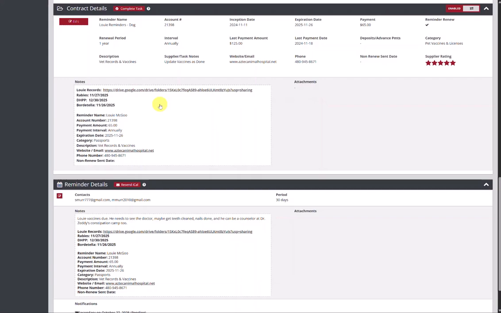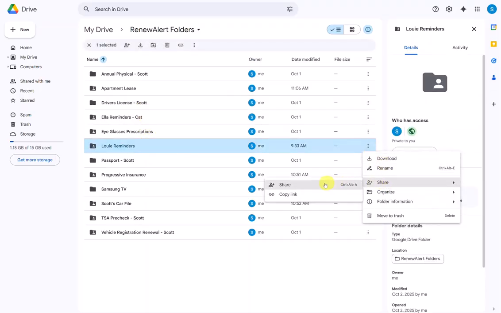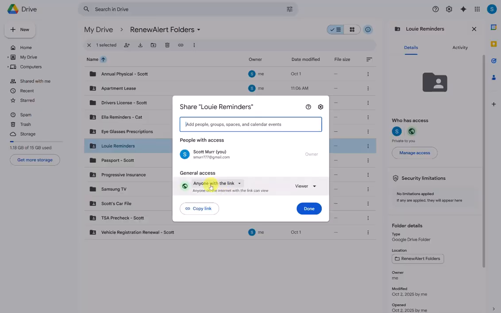One trick that's important is whenever you copy and paste in the drive, I'll show you how you can do that. So I go to Louie's reminders right here. You just click the little three dots. You can click share, and then you can select your permissions. I have this one just as anyone with a link right now. There's not a lot of HIPAA requirements with Louie. You can change it to restricted, and you can grant people in your household access to it or within your company, whichever. If you do restricted, I'm just doing it with the link, and then I just do copy link and done.